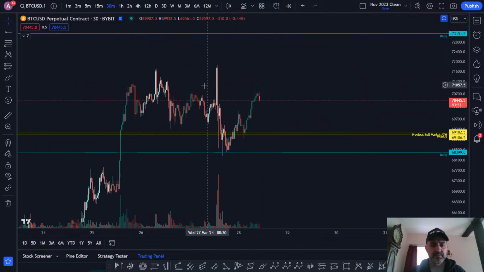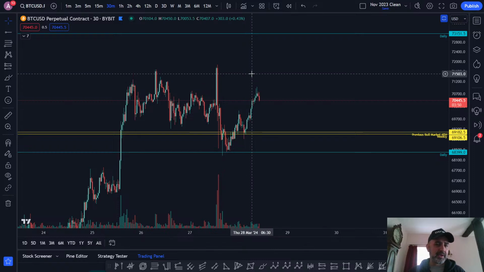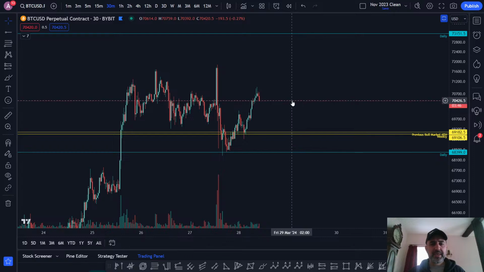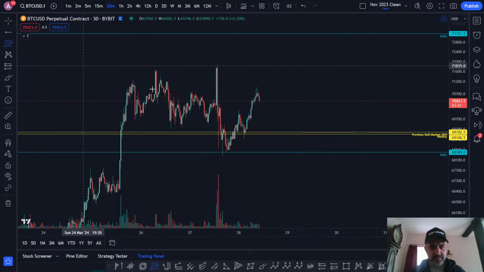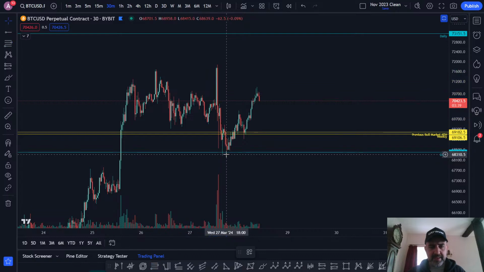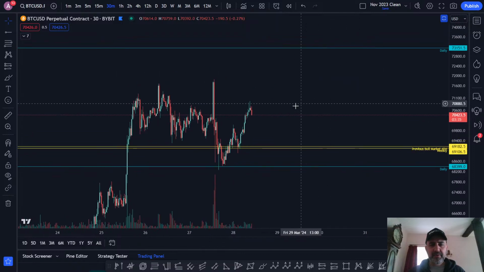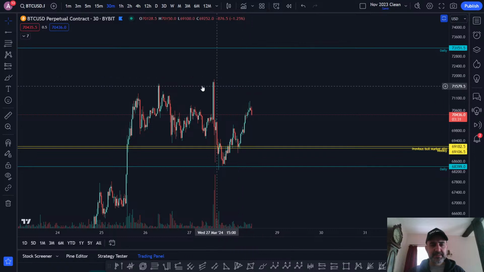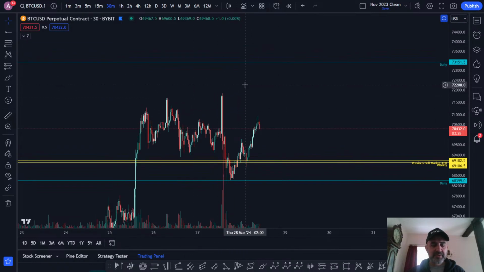And then what you want to see now is whether we put in a lower high or not. It would be nice to get as high as possible before we put it in. Like, I think right now it's a bit low. And also if we are making a megaphone, we have to make a higher high now. Basically we have to make a higher high and squeeze those highs.